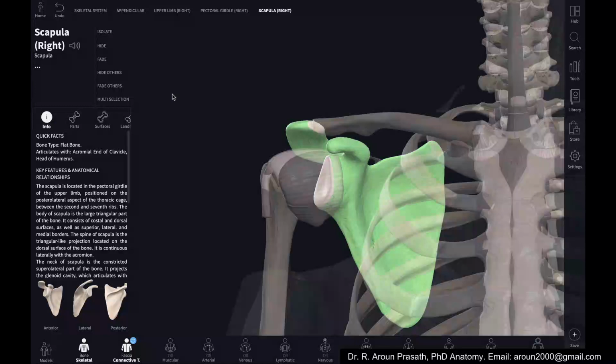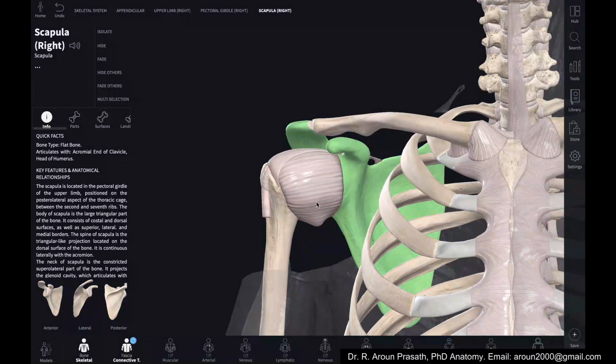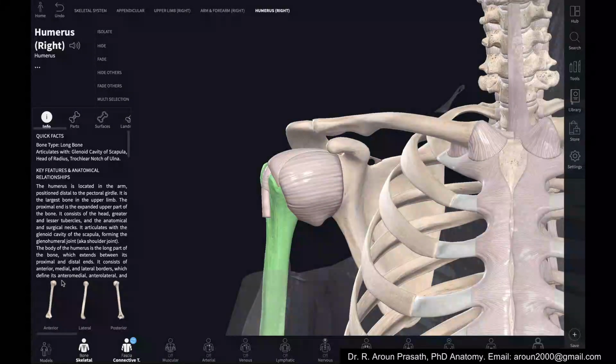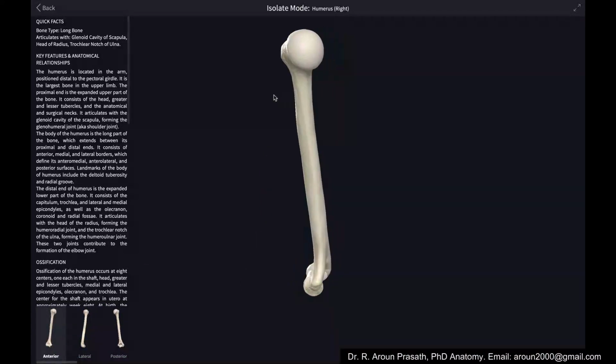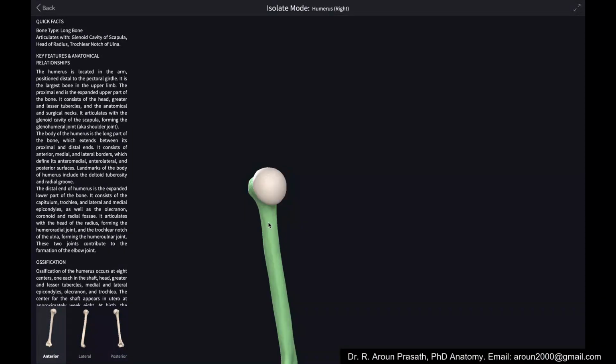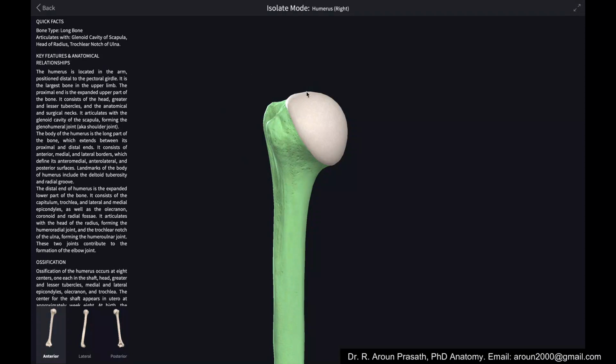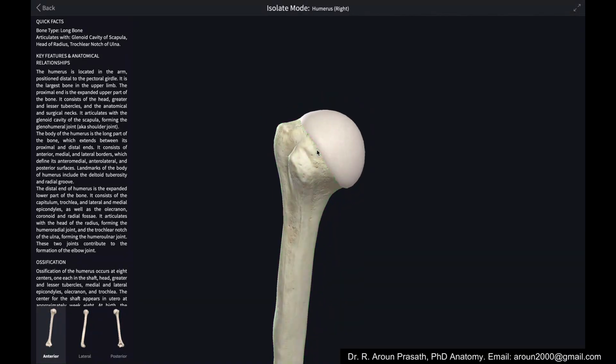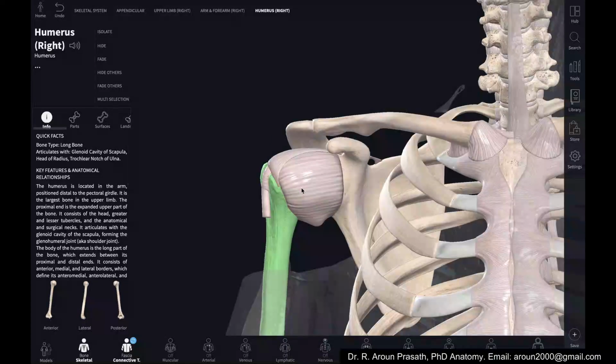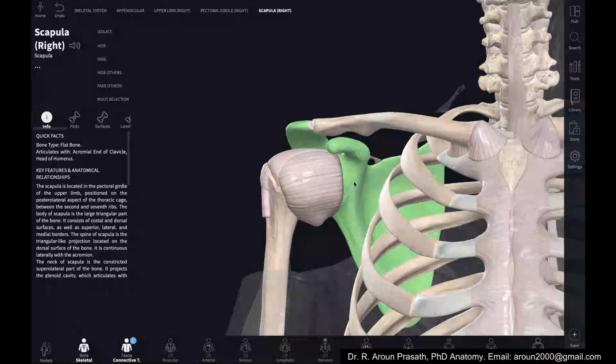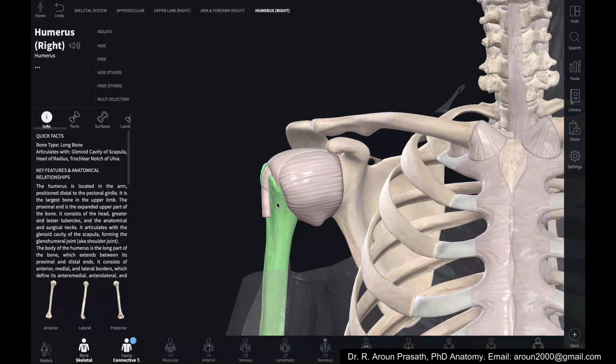Now this is the humerus. If you see the head of the humerus, it is hemispherical in shape. A sphere means 360 degrees; half of the sphere is a hemisphere. This is the articulating cartilage. The important thing you have to understand here is that the socket of the scapula and the head of the humerus is very shallow.